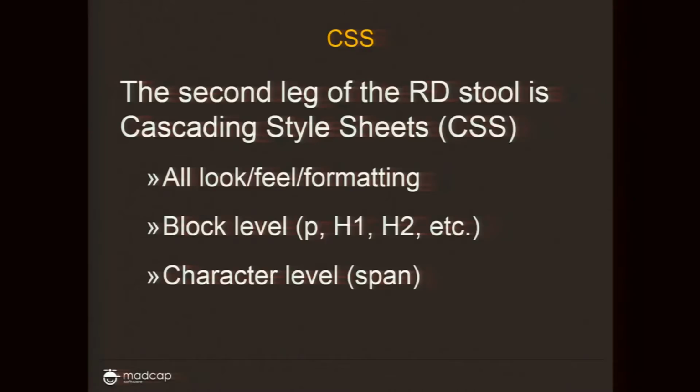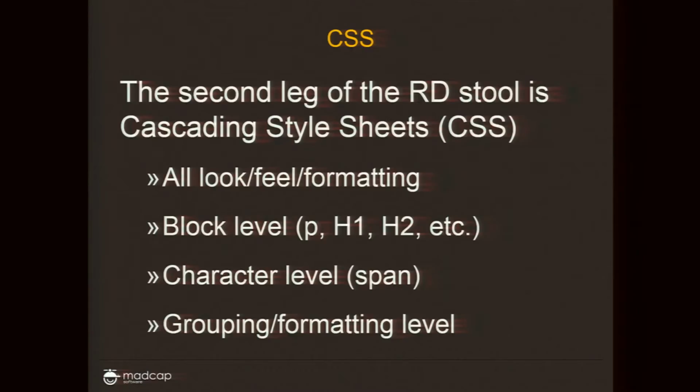So all of my block level elements, my textual elements, yes, they will be controlled. But also my character level elements, if I want a title to be bold, that should be in the style sheet. But the most important, any of my grouping or design information should also be in the style sheet,